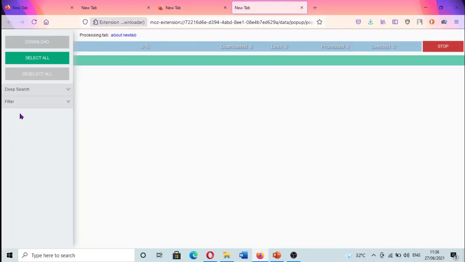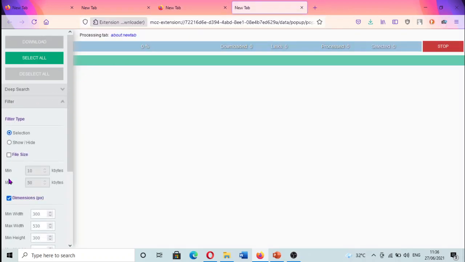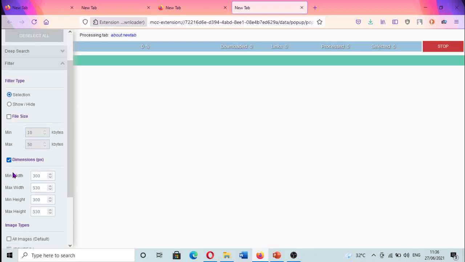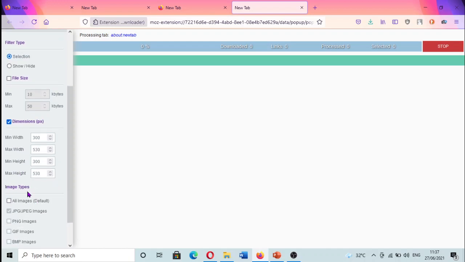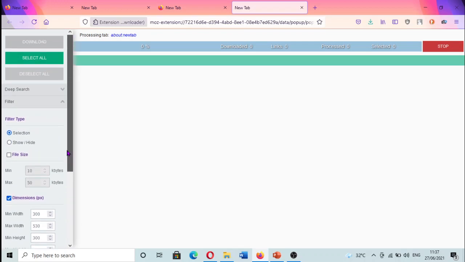Just click and then you can set the size, file size, file dimension or pixel, width times height, and image type, whether all images or only JPEG, PNG, and so on. You can set this one, and then go to